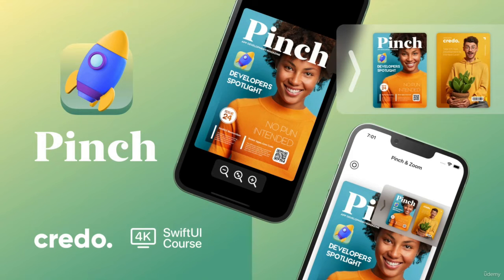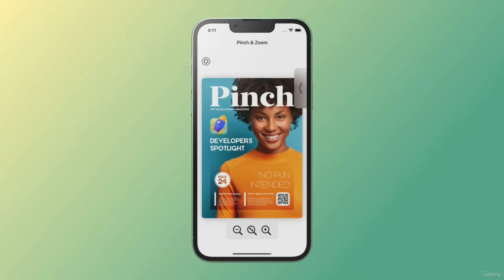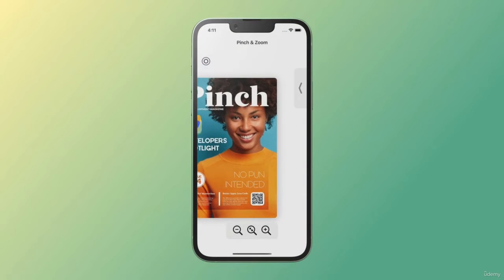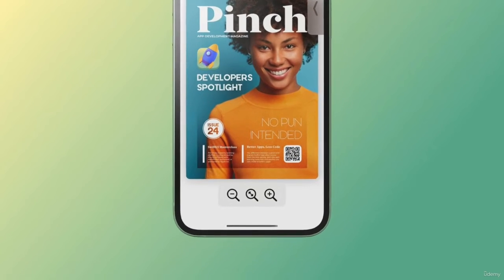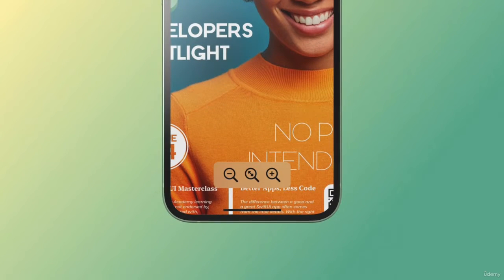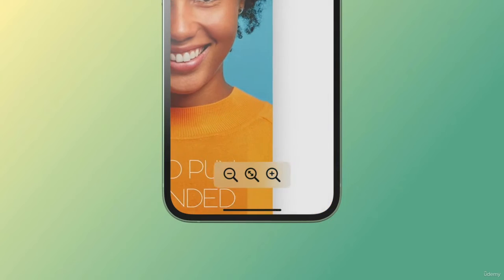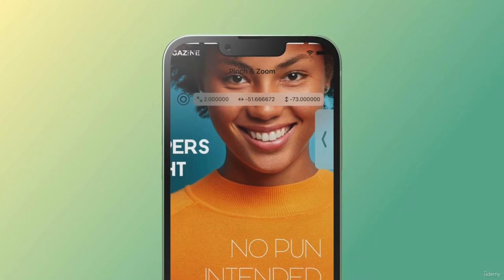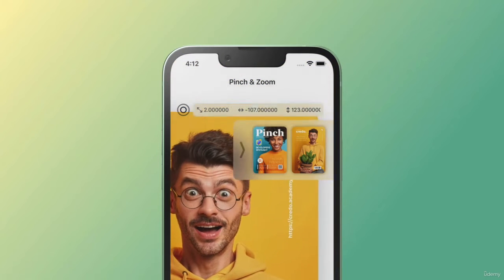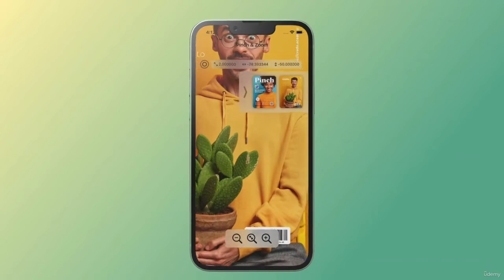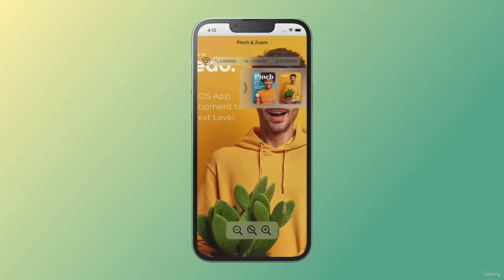Learn how to create a complex pinch and zoom feature with SwiftUI gestures by developing this fun and engaging mobile app. The primary learning goal of this short and engaging iOS project is to get familiar with almost every SwiftUI gesture. We will learn how to implement a long press gesture, a double tap gesture, a sophisticated drag gesture, and finally, a magnification gesture. But not only that, we will cover how to use SwiftUI materials and SF symbols as